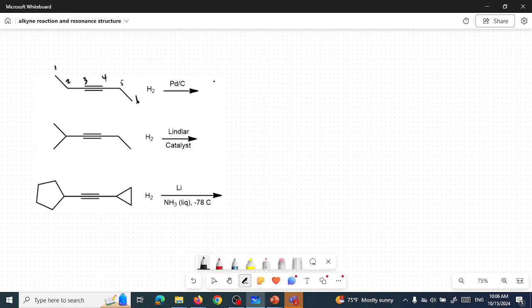So you can draw it 1, 2, 3, 4, 1, 2, 3, 4, 5, 6. You can even number this in your mind quietly so you can ensure that there are enough carbons drawn here. It doesn't really matter if you draw it this way or if you draw it this way. These are the same thing. But of course you know that the triple bond, used to be number 3 and number 4 here, is gone